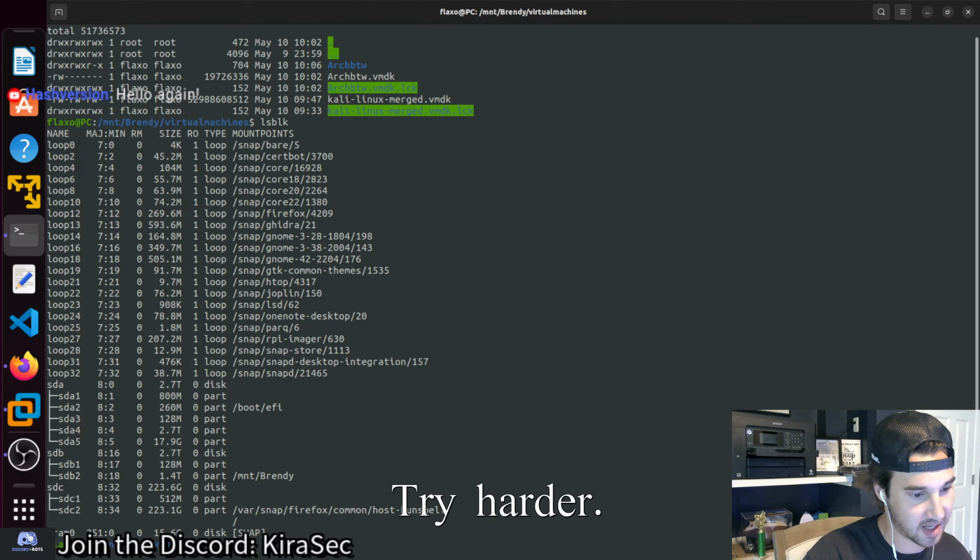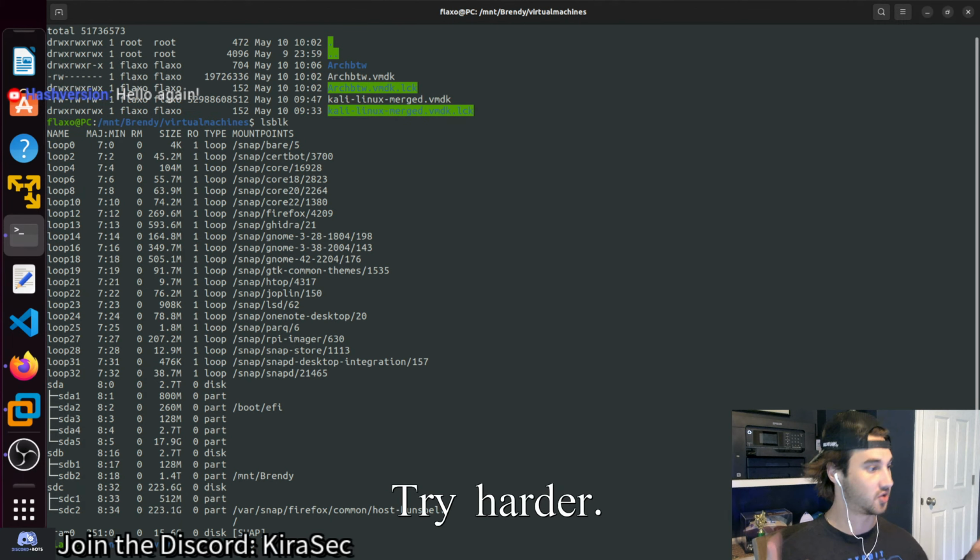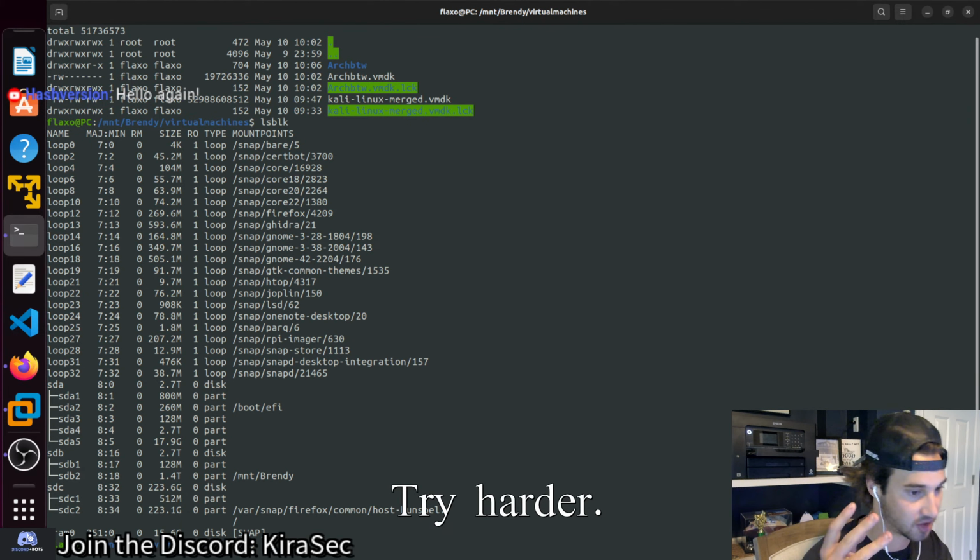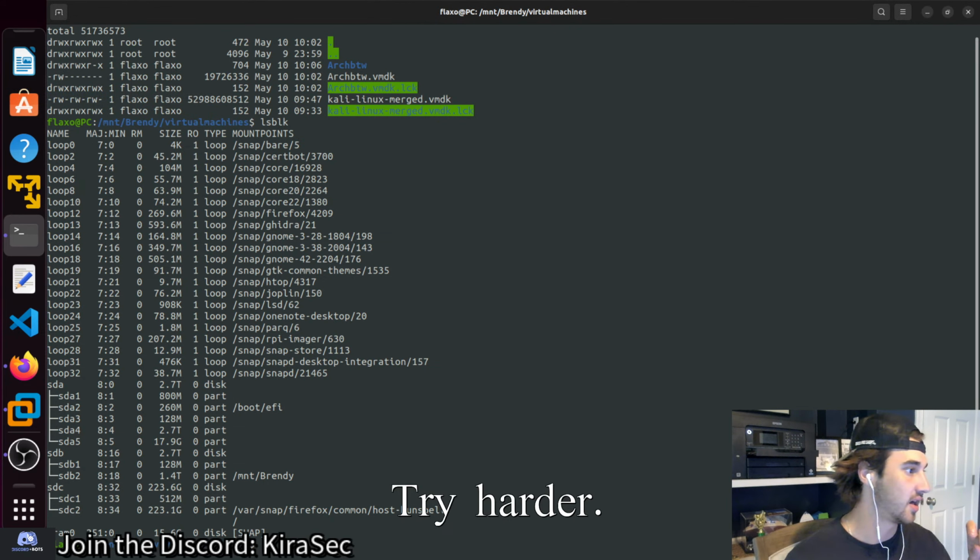So I have SDA, SDB, and SDC. SDA is 2.7 terabytes. SDB is also 2.7 terabytes. Those are two external HDD 3 terabyte hard drives that are in my PC. SDC is smaller. That's a cute little guy. That's only about 250 gigabytes. Why? Because that's the SSD. So we want to run anything fast in our SSD, which also yesterday I moved my Kali Linux VM, which I was hosting in my SSD,